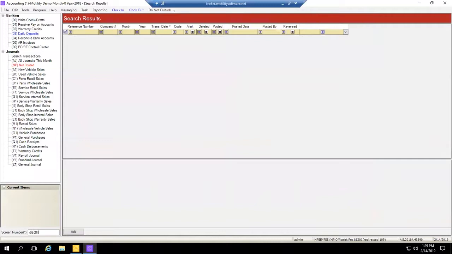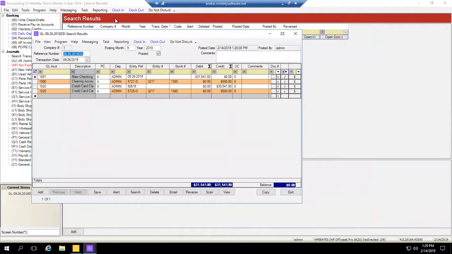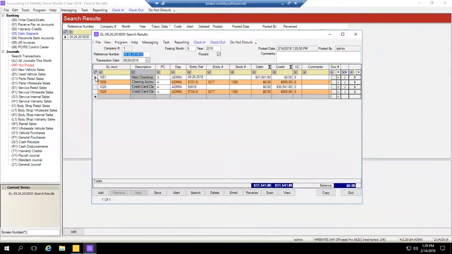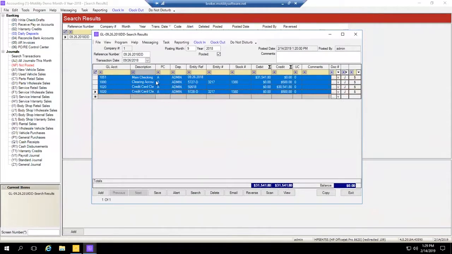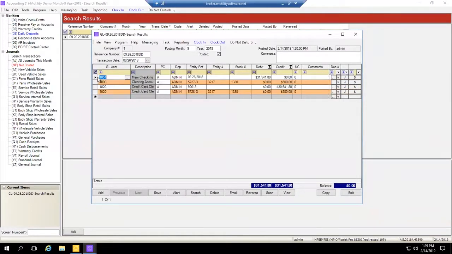I think I did 09.26.2018. Yep. With me searching up that transaction, you'll see all the deposit screen is doing is just like our manual transaction. It's just crediting those transactions that are in there and debiting the checking account. Now,